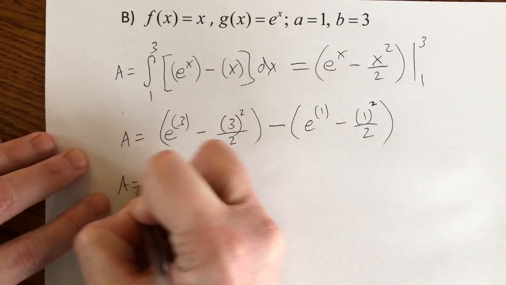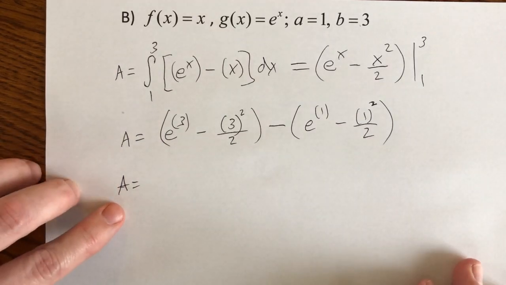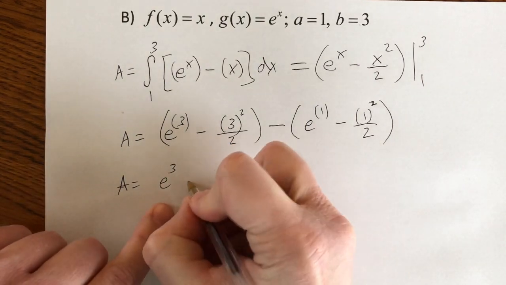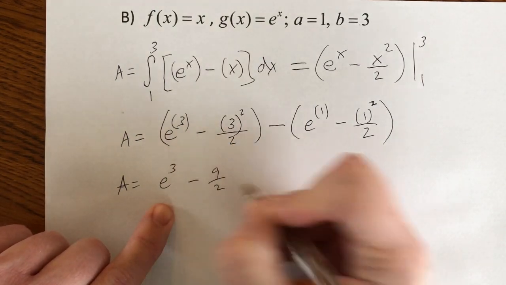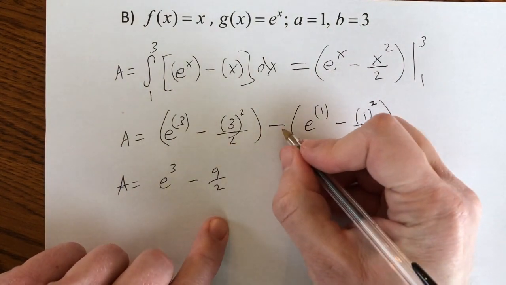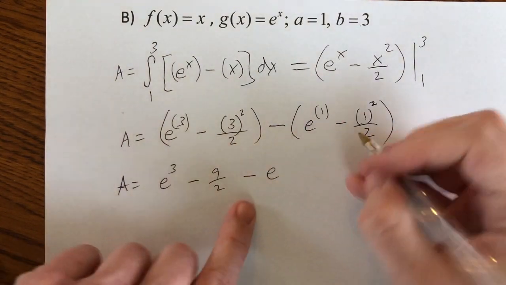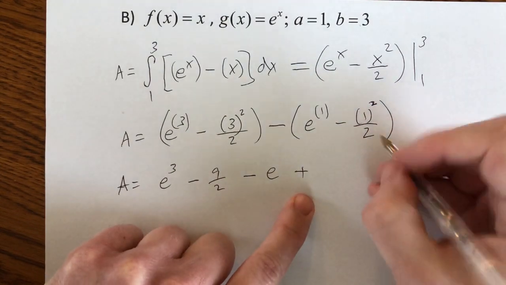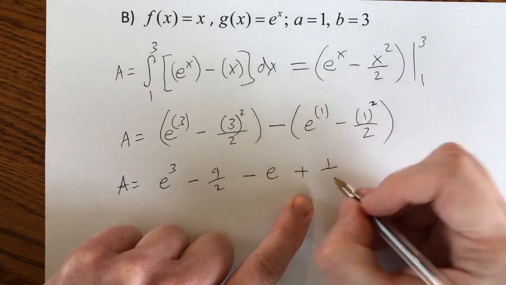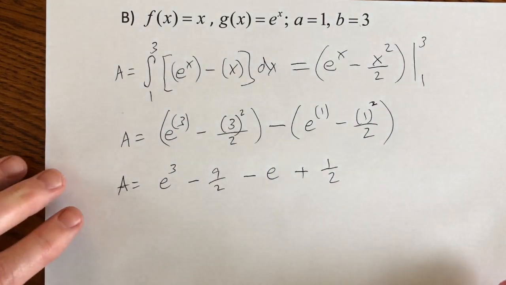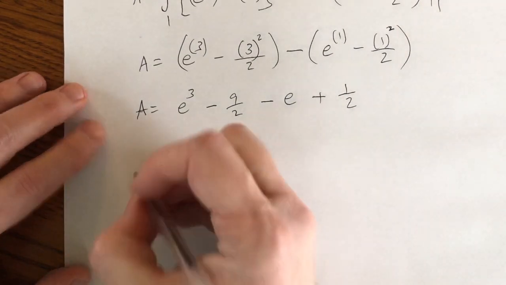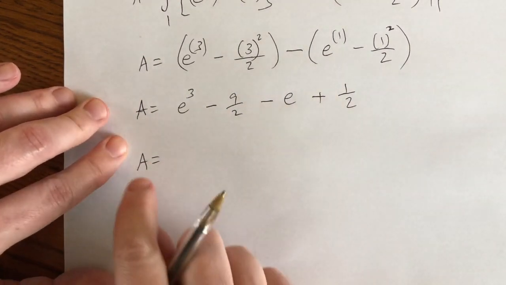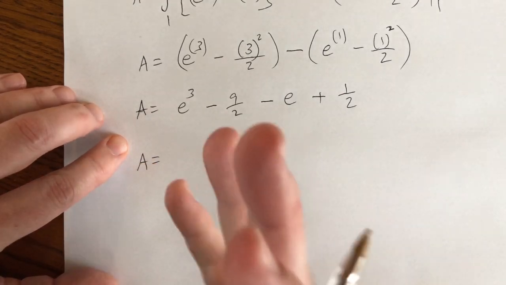Anyway, what do we come up with here? Area equals e cubed. Let's just leave it like that for now. E cubed, then minus 9 halves, and then distribute the negative. So minus e, and then a negative times a negative is a positive. 1 squared is 1, all over 2. So if you were to keep this in exact value, the exact value of this definite integral, which is the area